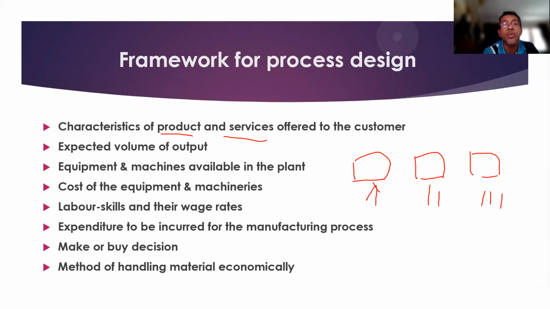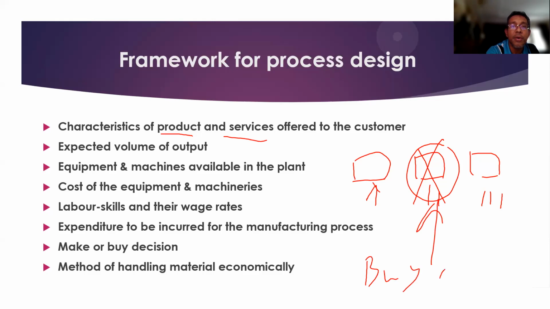And then if we don't have or we cannot use this particular machine, for example, the product still needs to be produced, so we need to think about whether to upgrade this machine, or outsource the material from outside. So this is a buy or make decision. We need to buy or make.